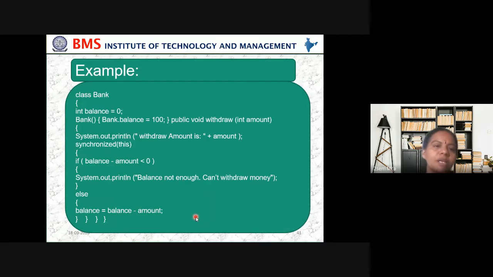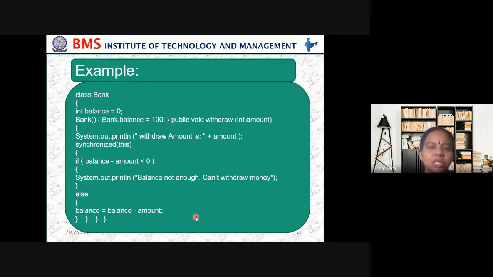Then an example: class Bank, int balance equals 0, then Bank.balance equals 100. public void withdrawal(int amount), then System.out.println withdraw amount is plus amount, then synchronized this method. If balance minus amount is less than 0, then System.out.println balance not enough, can't withdraw money, else balance equals balance minus amount.